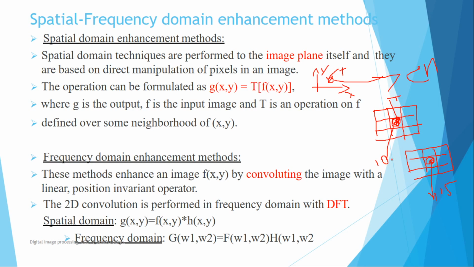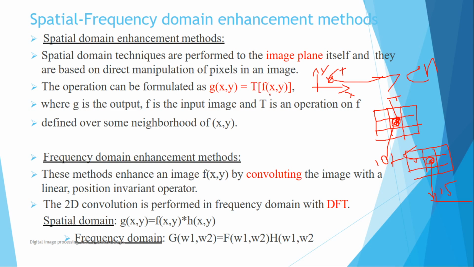10 plus 5. Brightness increment is nothing but addition with respect to a constant value, that is 10 plus 5, that goes for 15. So this is the operation we can do. How we can represent it in a mathematical format is g of x comma y is equivalent to T of